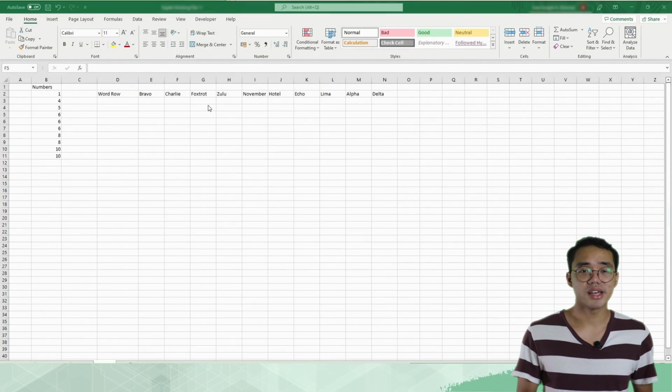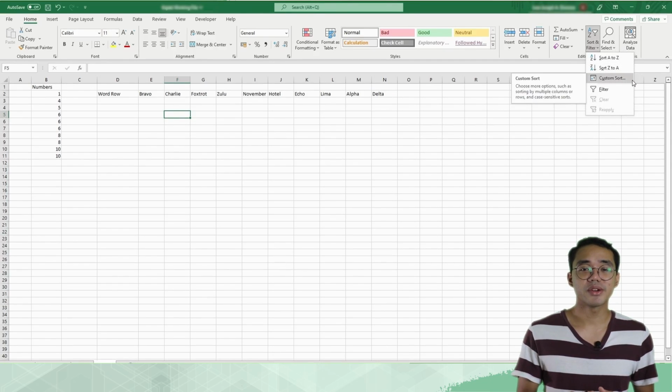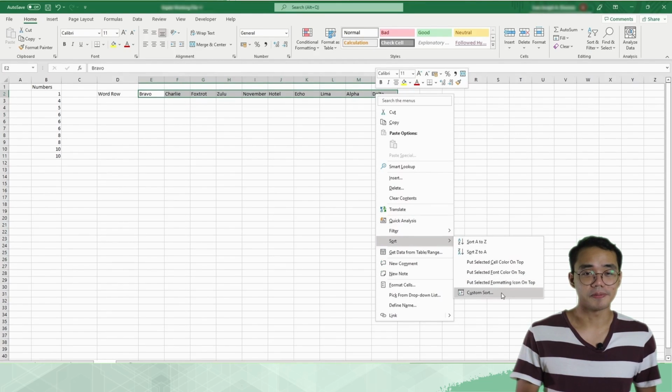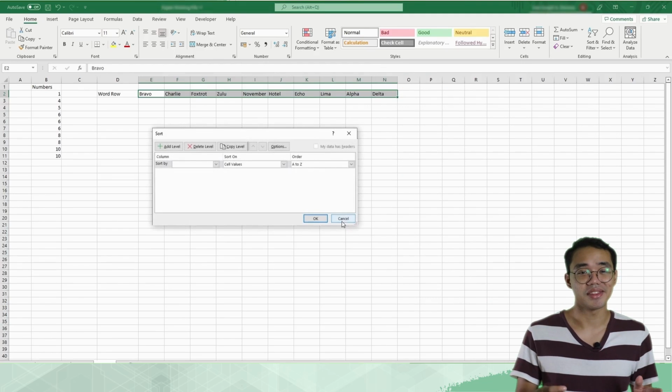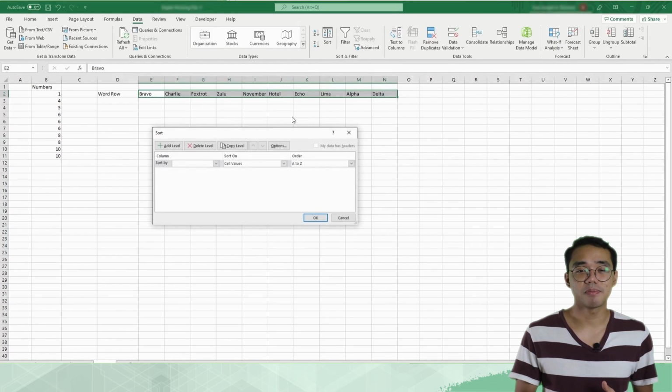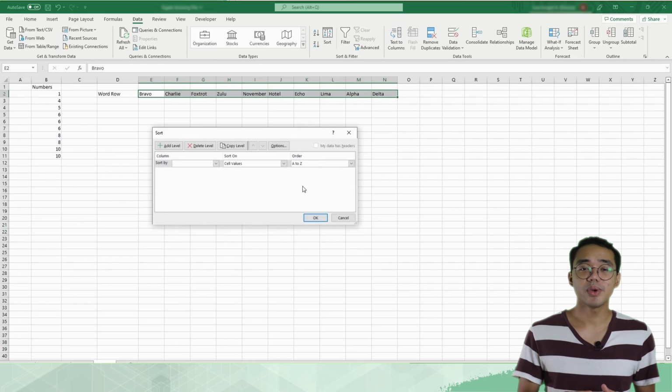We can also sort rows in Excel. It just requires an extra step. For this one, we're gonna want to set some custom sorting rules in the Custom Sort window. To open the Custom Sort window, we can go into the same Sort and Filter button in the Home tab and click on Custom Sort. We can right-click on our selection and in the Sort option, select Custom Sort. Or we can head over to the Data tab and in the Sort and Filter group, we can also select the Sort button. The Custom Sort window allows you to add special parameters to your sortations so you have more